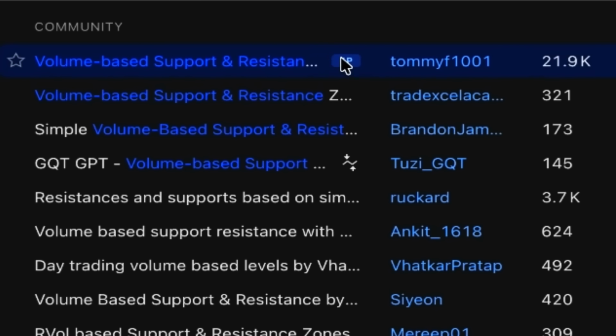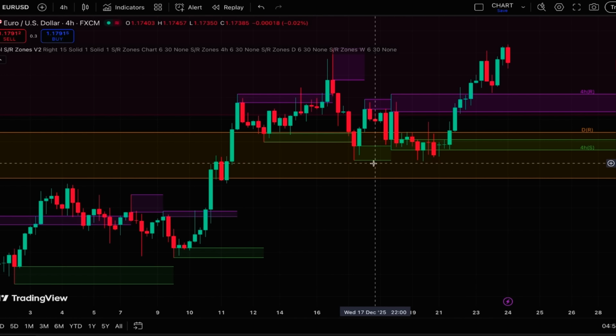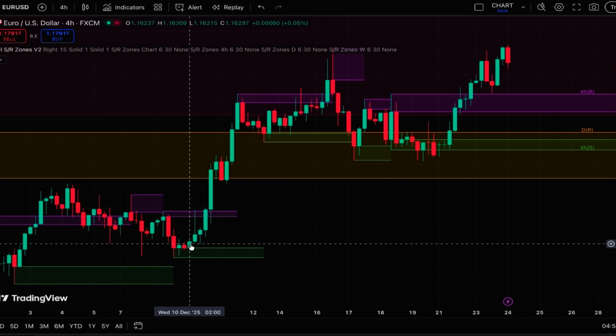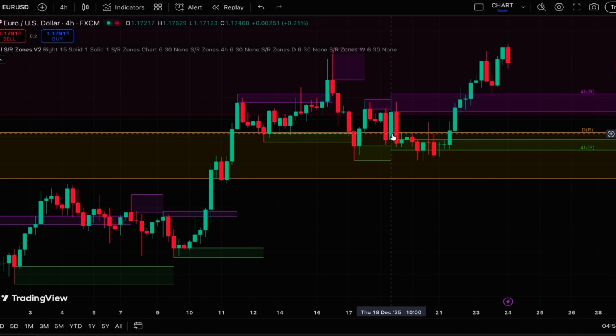which is an editor specs indicator and written by Tommy F1001. When you add this indicator, it finds potential support and resistance levels based on turning points of the market, but it also considers volume. So the levels are shown where we have a greater level of activity or interest in that zone. And another excellent feature of this indicator is that it can show support and resistance levels for multiple time